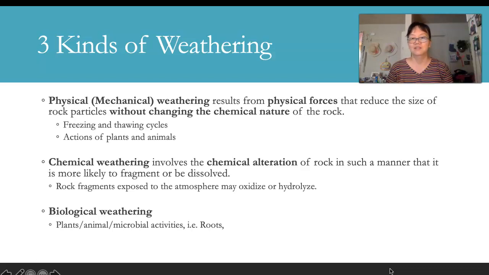water is just amazing. Another form of physical weathering is actions of plants and animals. And this could overlap with the biological weathering. Thinking about roots, roots have a lot of power too, and the roots can break rocks. And of course, an elephant stepping on a rock can also break the big piece into small pieces. So sometimes I think it's okay